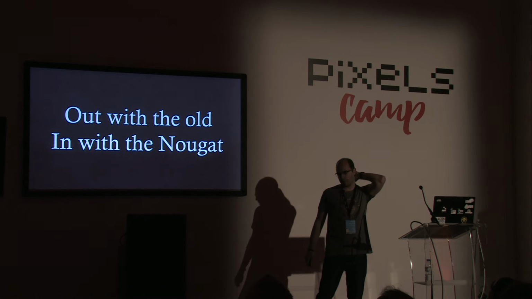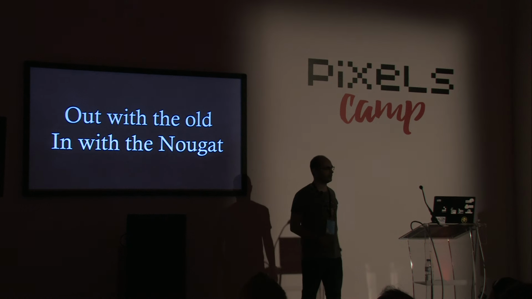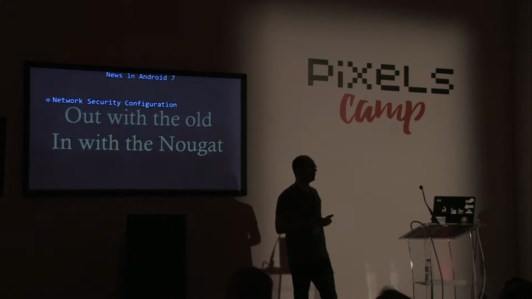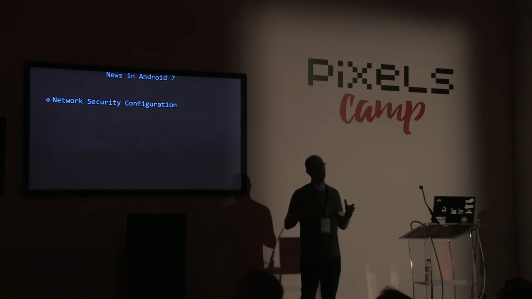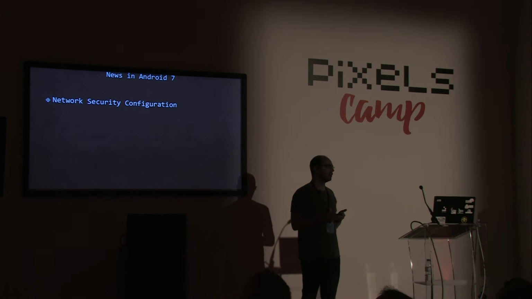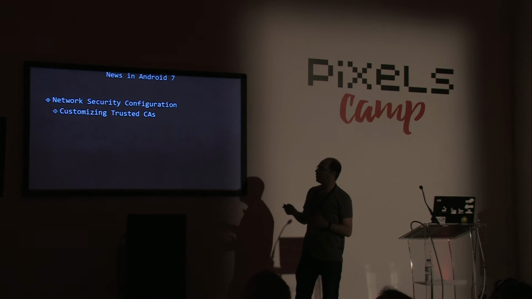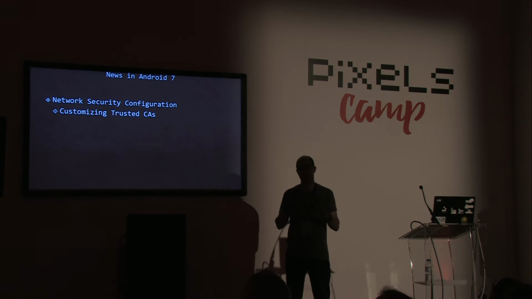So, that's all about the new stuff that came with Android 7, Nougat. I think the most interesting thing is something called network security configuration. This basically gathers much of the information that I talked about previously in an easy way, so you don't have to write a bunch of code to guarantee those functionalities. This feature allows you to customize trusted CAs, like certificate pinning, for example, or guaranteeing that